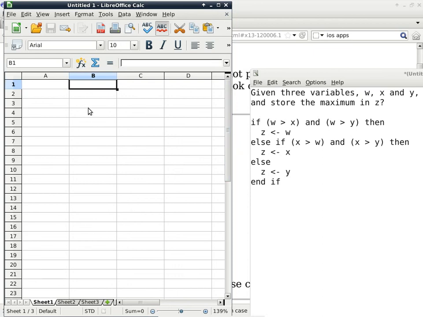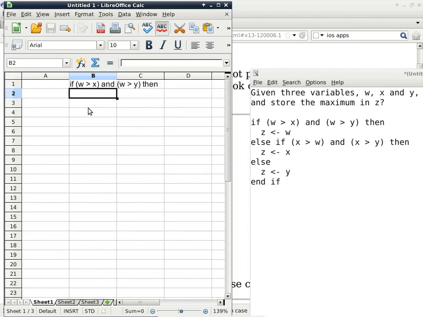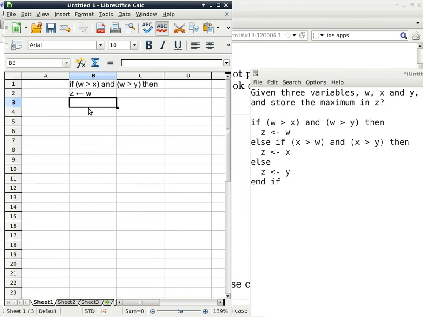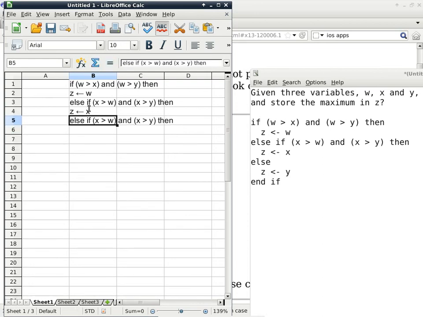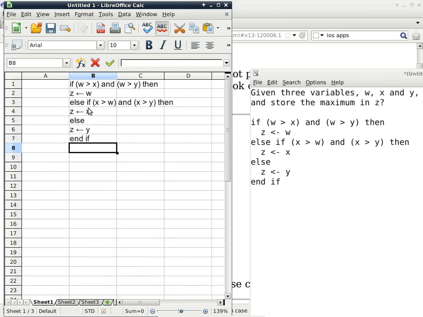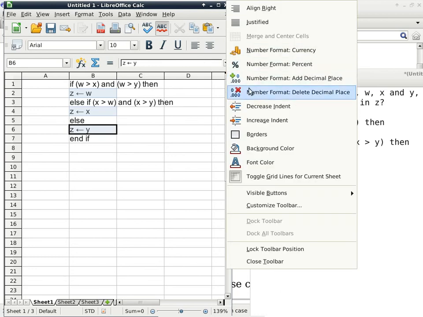All right, so we can go ahead and copy the logic here. If W is greater than X, and remember this is actually not entirely correct, so we'll go ahead and test it with certain test cases and see when we can find out that this is actually not entirely correct. Oops, else get rid of the rest. Z gets Y, and if, do all the indentation, and if you don't